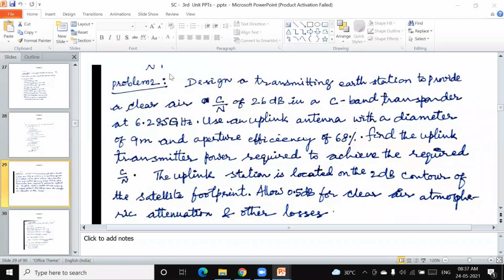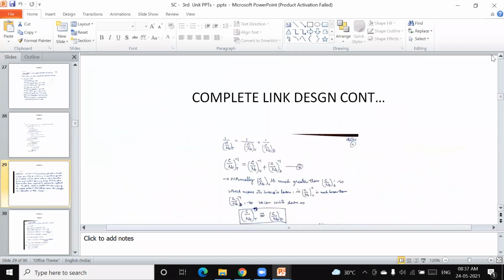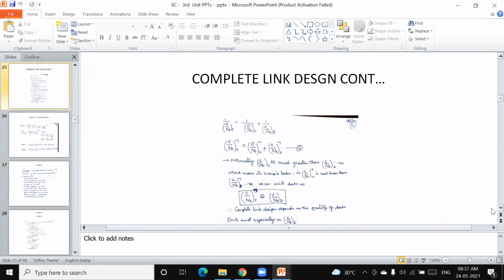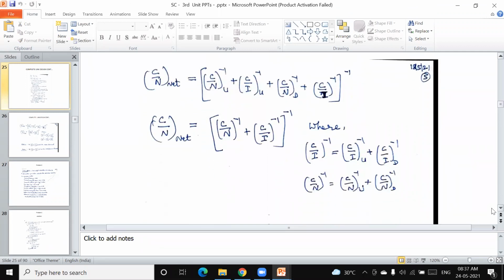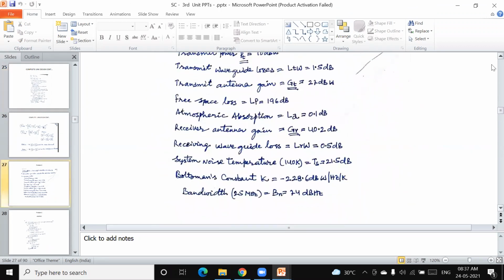Now let's go for the next problem. I already explained this orally in the last class. You can look into this problem, because in this chapter, problems can be expected in internal as well as external exams, particularly in the external exam. Before we go to this problem, you can also see problem one, where you just need to know the formula and substitute all the values. That's all.